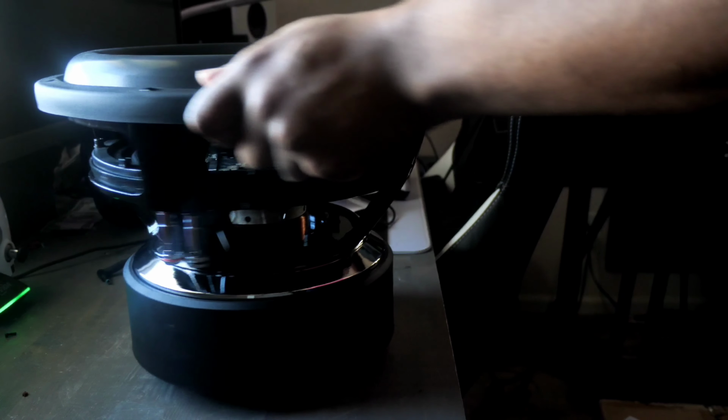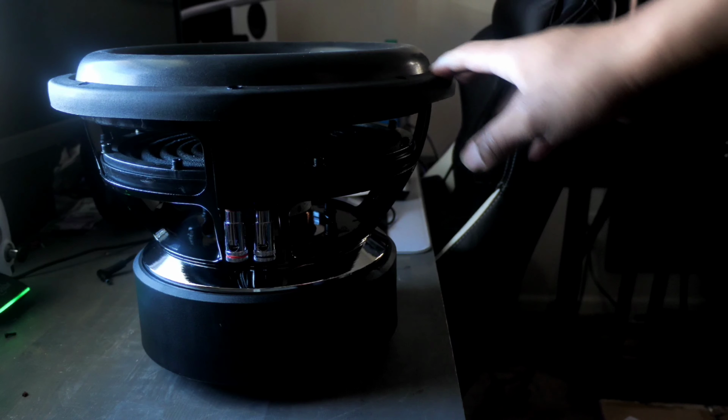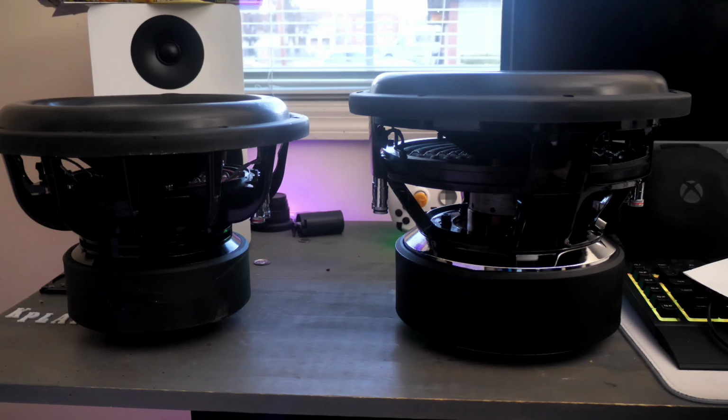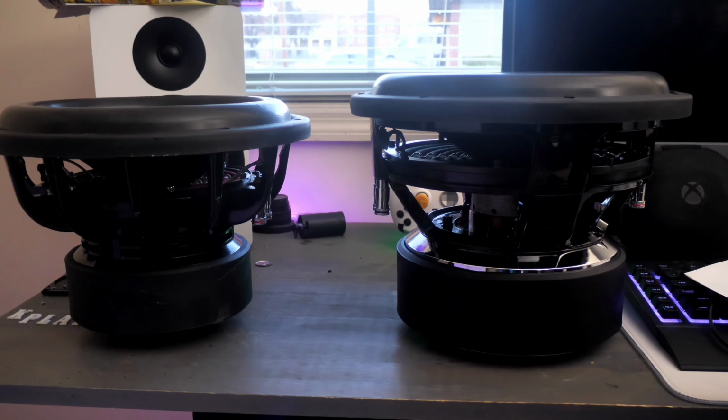So let's go and grab the EVLs out of the car and let's put them side by side so we can get a good look at the differences between the two. All right guys, so on the left is the Skar EVL 12, on the right is the VXF 12, and you can really get an idea of where the extra weight and power and everything comes from. The size and the height is not that much different, but the construction and the motor is what's really different